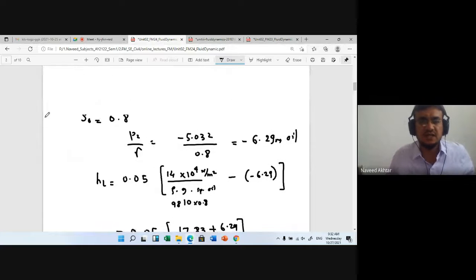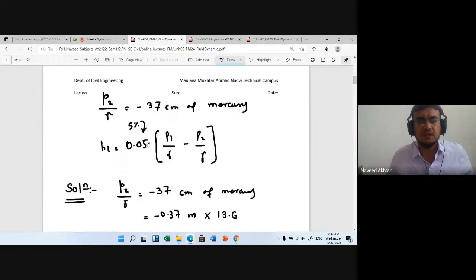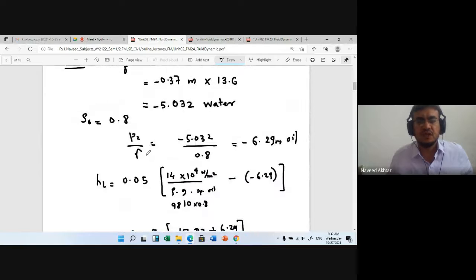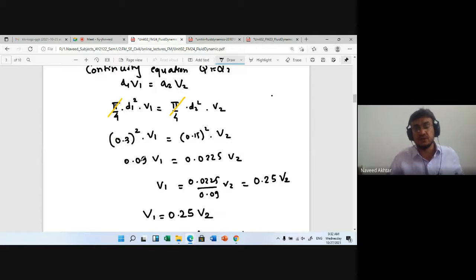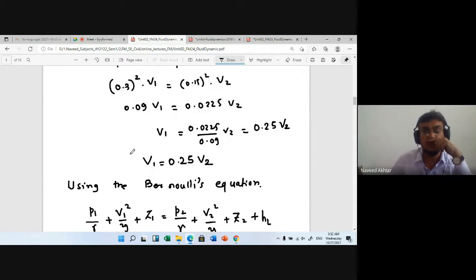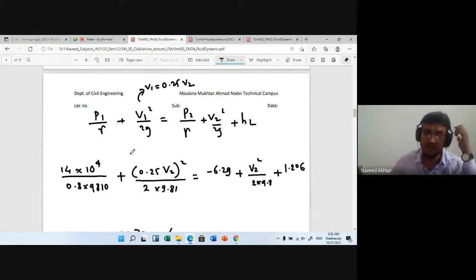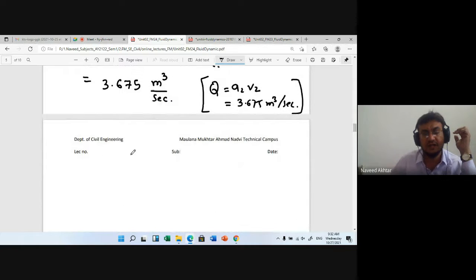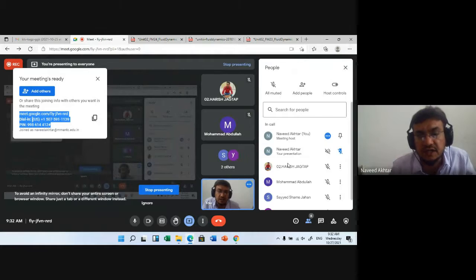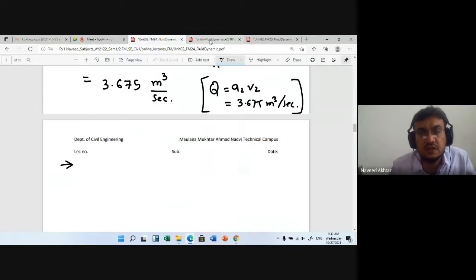But you have to understand that because the specific gravity of the flowing fluid and the manometric fluid are different, you have to take that into consideration each time when you are doing the calculation. And for that, yesterday the hint was given to you. So here,